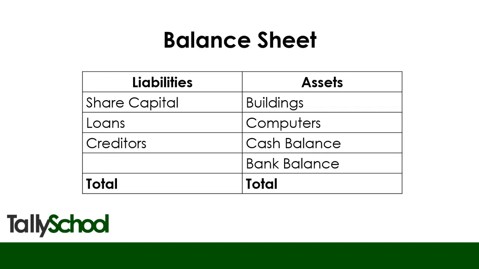Now cash balance and bank balance, both are basically the same. The cash balance suggests that you have cash with you currently, and bank balance suggests that you have your cash in the bank currently. So whatever is at your disposal that you can use to generate profit for your business are called assets, and they're always listed on the right hand side or the asset side, which is this side